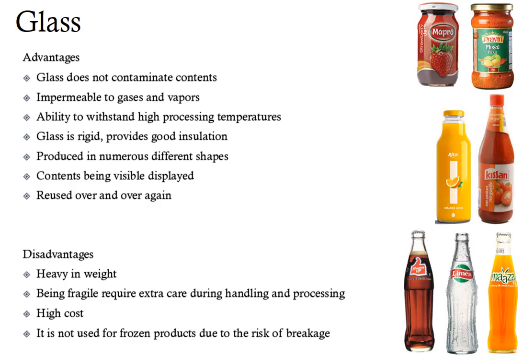The first material which is used in food packaging is glass. We have already studied glass under the chapter canning of food products. Glass containers such as bottles and jars are used for food packaging. There are various advantages for using glass. It is odorless and chemically inert with virtually all food products. Therefore, it does not contaminate the contents.